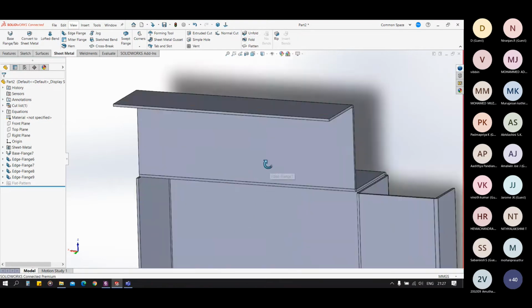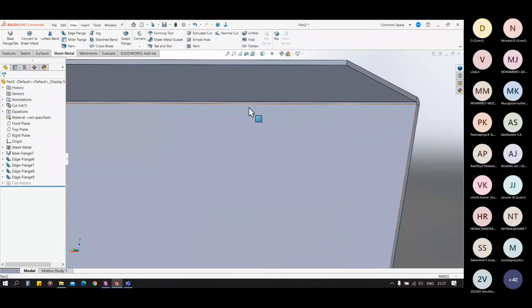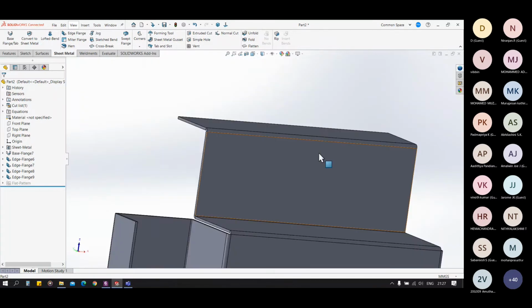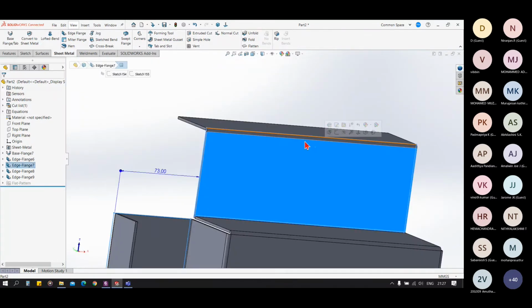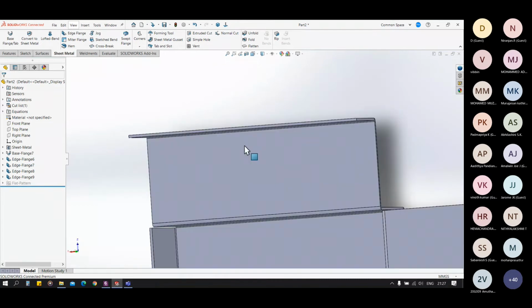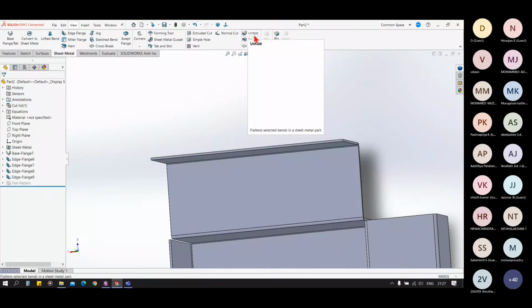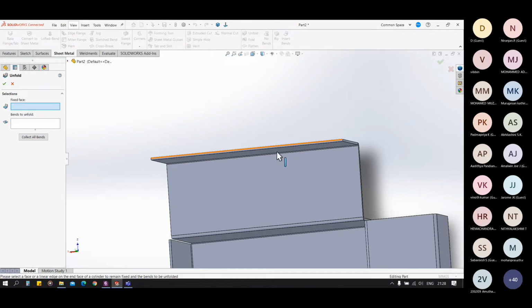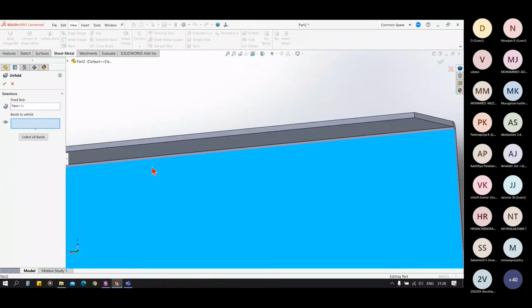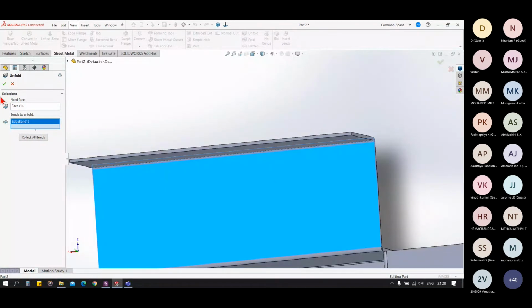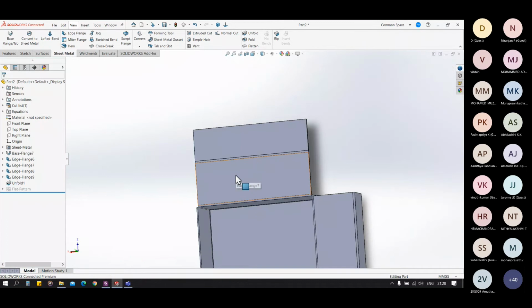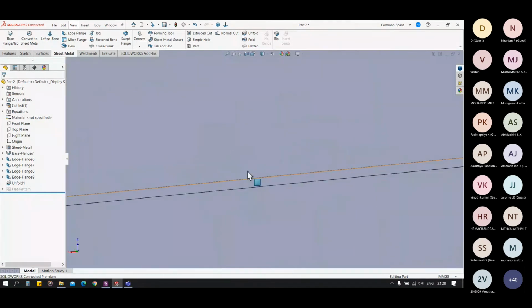Suppose I want to do some work here, cutting work or a hole, but I cannot do the hole here currently. For that I will require a completely plain face without a bend. So to unfold only a single bend, I'll select the unfold. I will select the fixed face and the bend which I want to unfold. After clicking OK, you can see the bend is unfolded, so that I can work in this area,